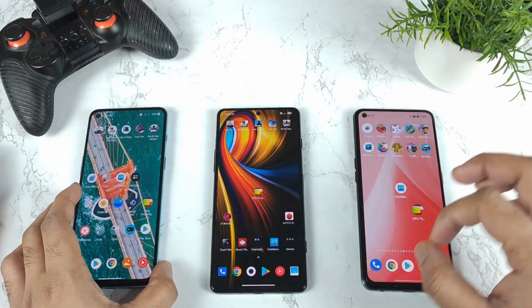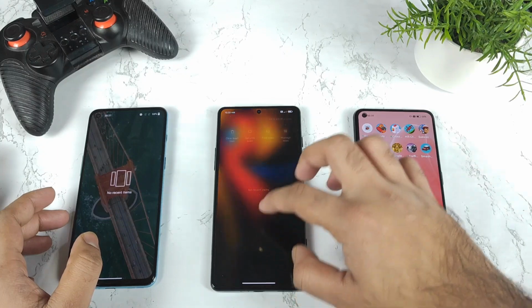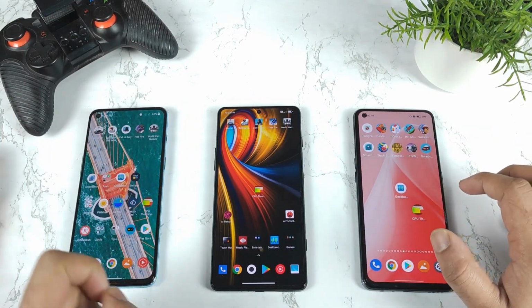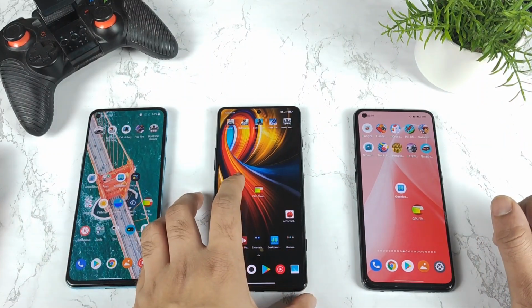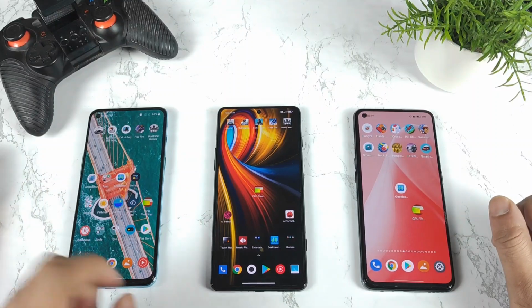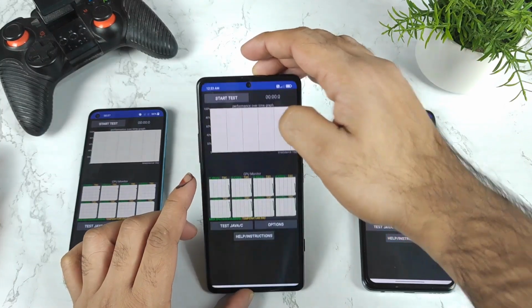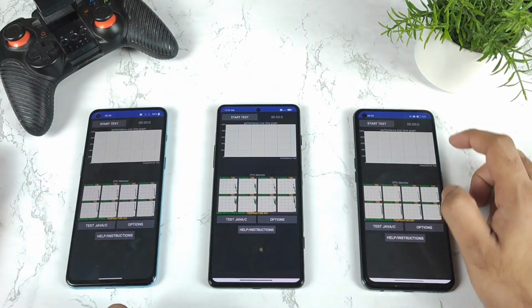All three smartphones have the Dimensity 1200 and all are 8GB and 128GB variants. The OnePlus Nord 2 and these other two smartphones all received recent software updates: Realme UI 3.0, the MIUI 12.5.7 update, and the OnePlus December security patch update. So let's see what the CPU throttling test comparison will be. I'm not using any high performance mode during this demonstration.